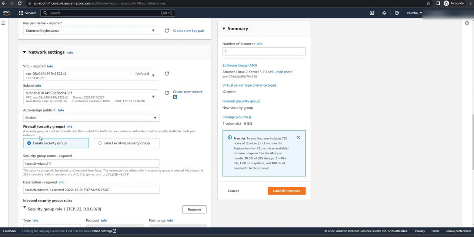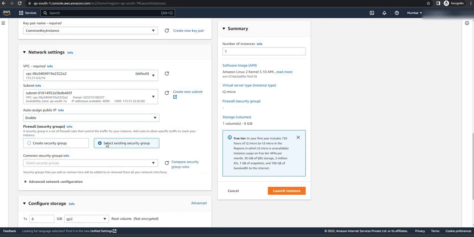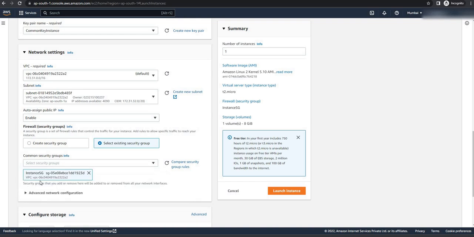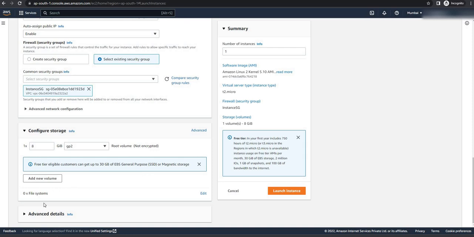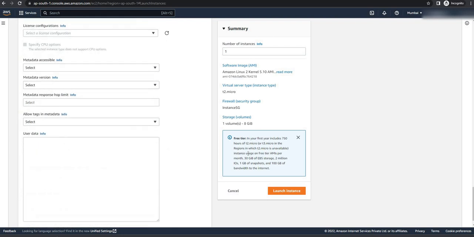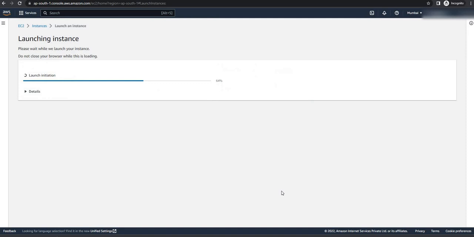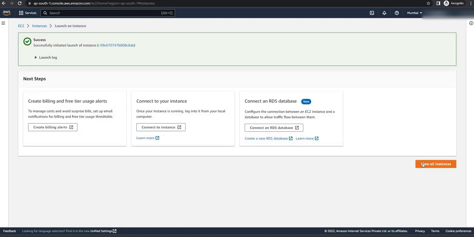Scroll down in firewall security group, click on select existing security group, click on the dropdown, select the instance security group that we created earlier for instance 1. Now scroll down below. Click again on advanced details, go to user data. Now again place the same script that we kept for instance 1. Now click on launch instance, go to view all instances,